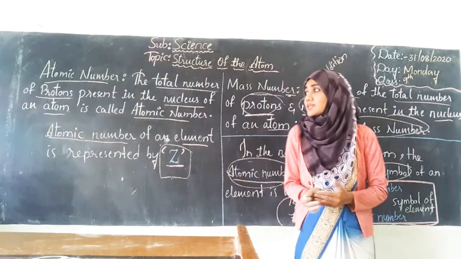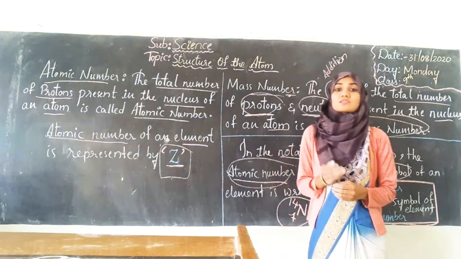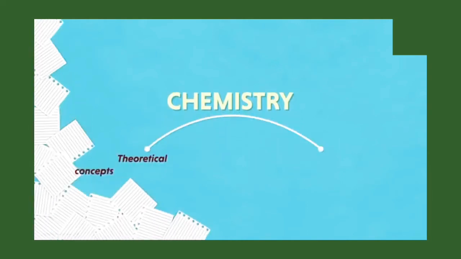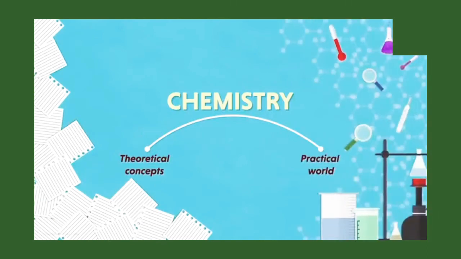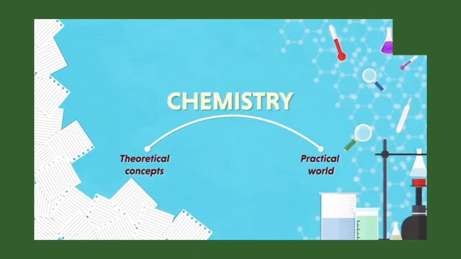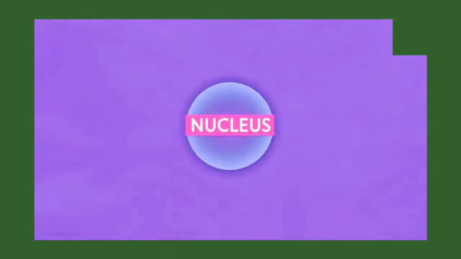Now let us see it graphically to understand it in a still better way. Chemistry gives answers to many queries. It acts as a bridge between the theoretical concepts and the practical world. However, where does chemistry get all the answers from? How do reactions change everything around us so drastically? Well, the answers are stored inside the small nuclei of atoms. Yes, the tiny nucleus inside every atom is like a treasure box. It holds the mystery of several reactions.